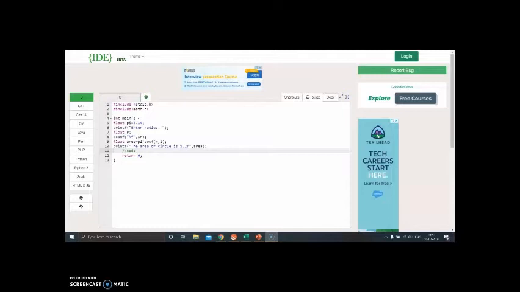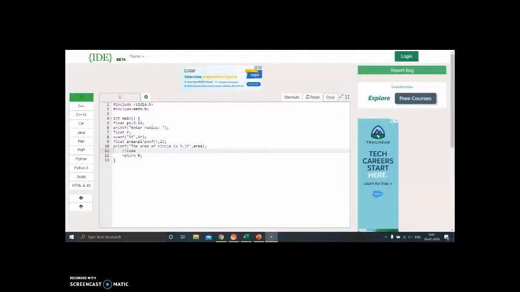Then we use comma and r. So here we took the value from the user, and now we do float area equal to pi into powf r comma 2. Now powf r comma 2 means that r will be raised to the power 2, and area equal to pi, which is 3.14, into powf of r raised to 2.